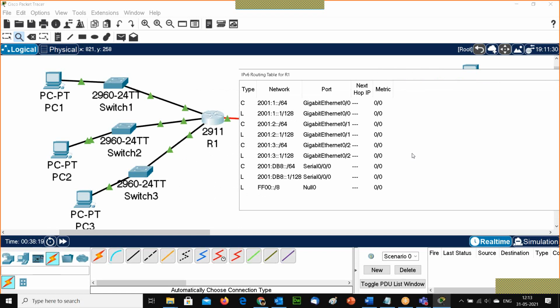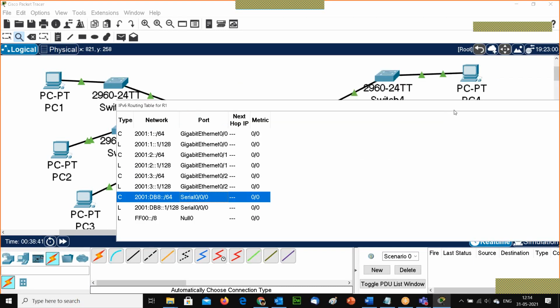So the gigabit port 0/1 and gigabit port 0/0, 0/1, 0/2. These are the 3 networks. Then serial 0/0/0 is also created here in the routing table.